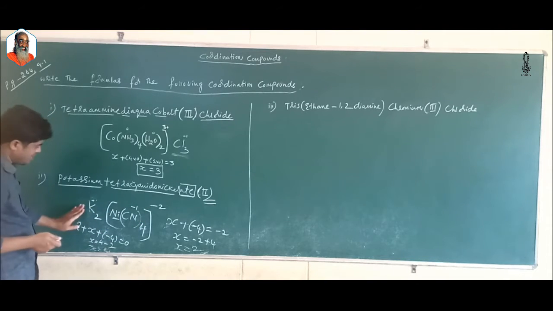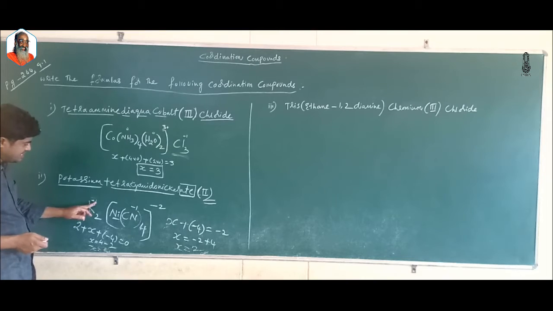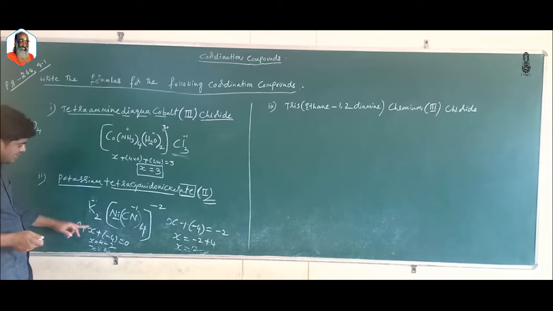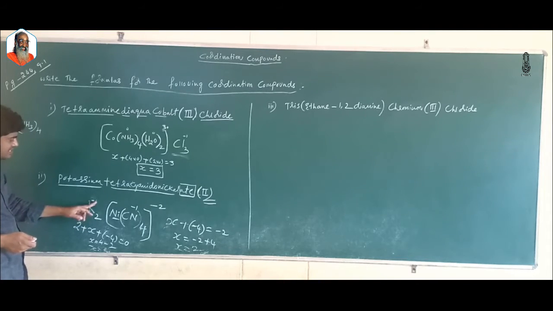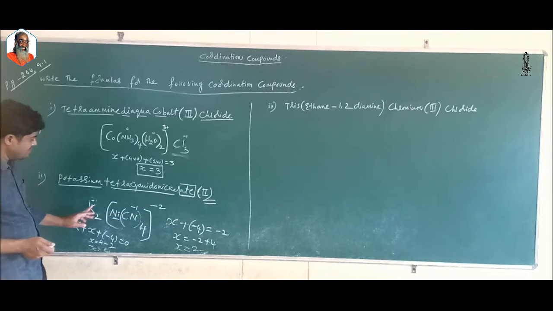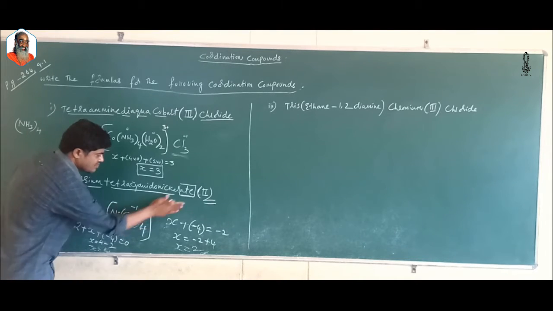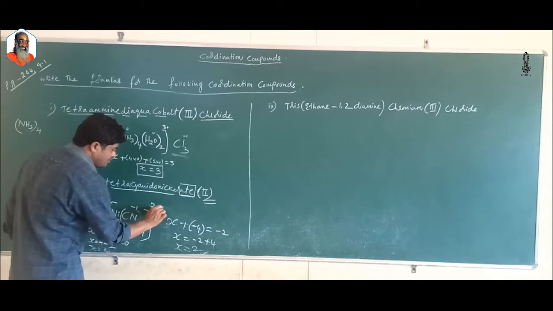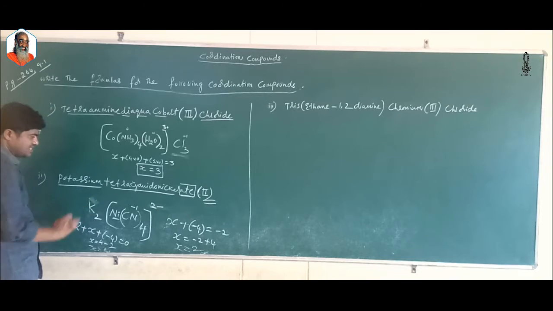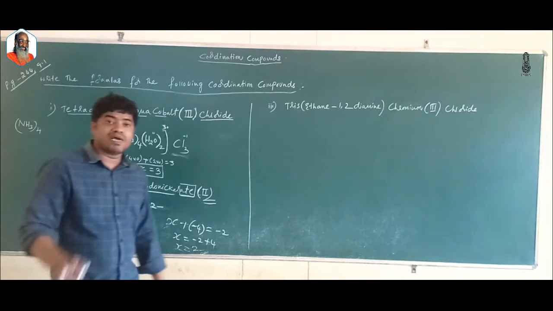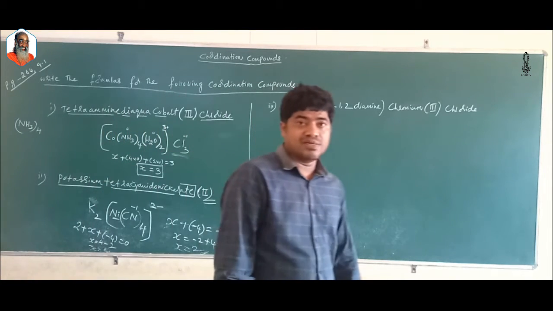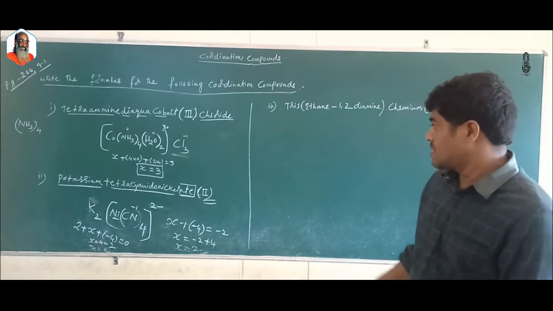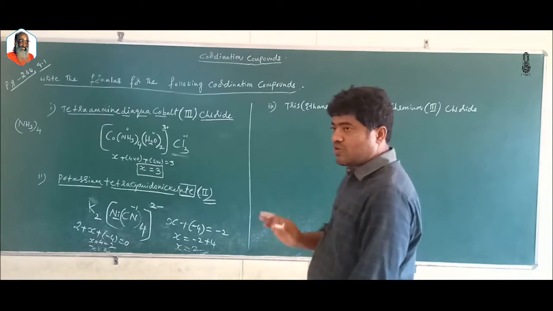As each potassium ion carries a charge of +1, they are counter ions, present outside the coordination sphere. The charge on the cations is balanced by keeping the same number but with opposite sign. The charge on the cation is balanced by the charge on the anions. Okay, that I already said. So here no need to confuse.